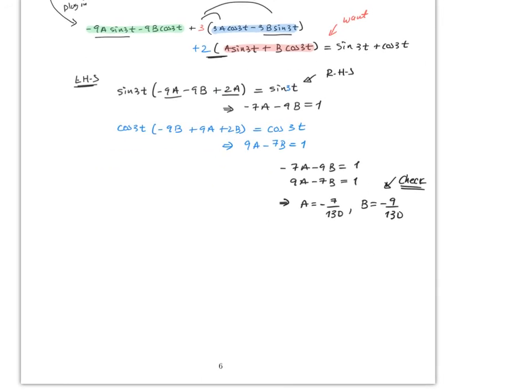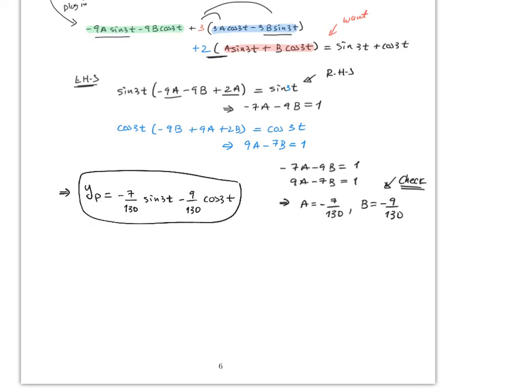Therefore, the particular solution will be minus 7 over 130 sine 3t plus, or minus actually, 9 over 130 cosine 3t. Okay, so therefore the general solution,